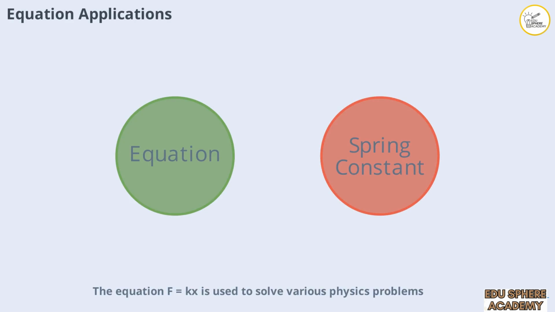Equation F equals kx is used to solve various physics problems. For a particular spring, the ratio of force to extension remains constant, allowing for easy calculations. This principle is applied in engineering, manufacturing, and everyday devices. Knowing how to use this equation helps in predicting how springs will behave under different loads and designing systems that